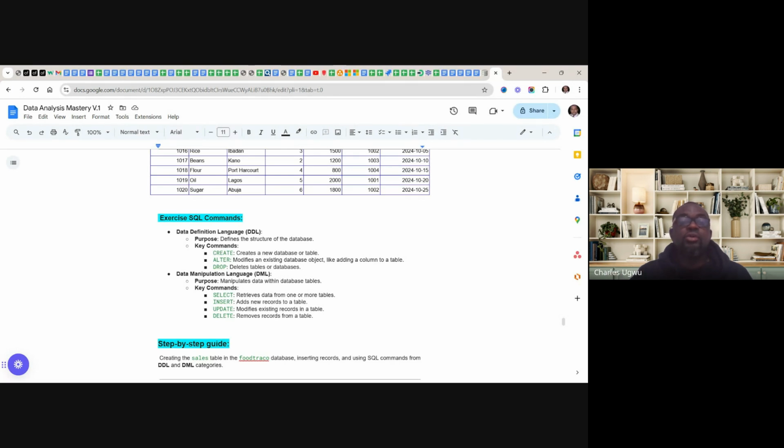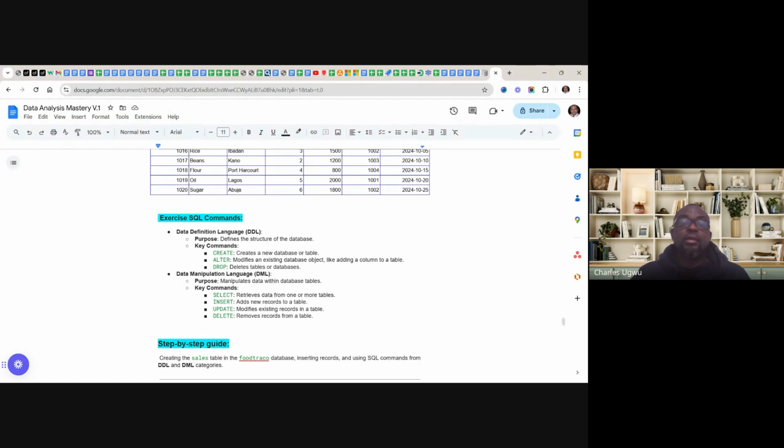So we're going to focus on these two categories: data definition language, which the purpose is to define the structure of the database, and then data manipulation language. The purpose is to manipulate data within database table. So these are the two categories of SQL syntax we are going to try to understand how to use,